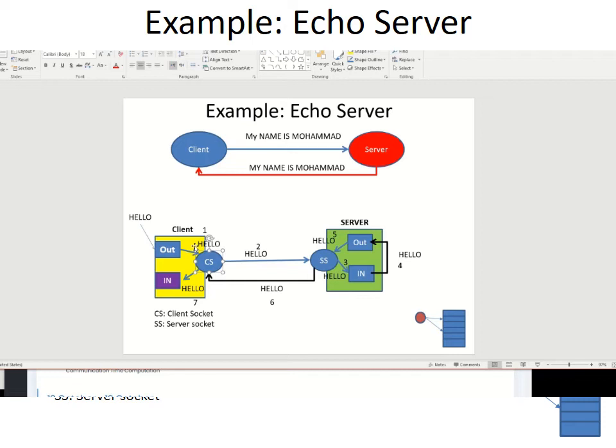The TCP IP will take it and put it as a packet. Now the hello will be transmitted to the physical line. This is called data transmission. Then it will proceed over the link here, whether it's wireless or wired or Bluetooth. It goes all the way to the server side